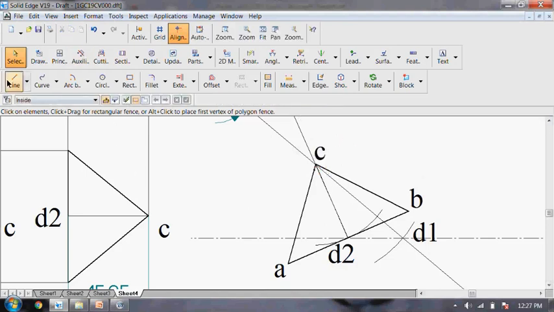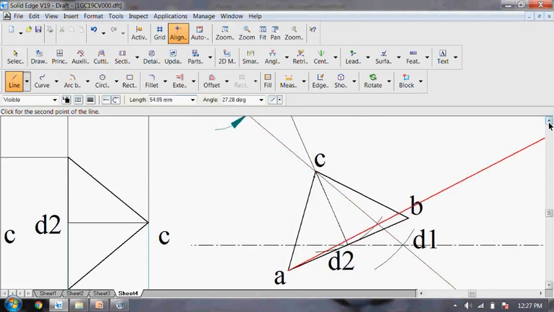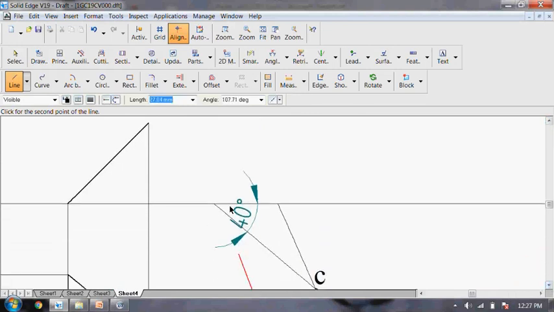To complete the last front view, draw the projection line from all three corners of the lamina. So first corner A, so draw the 90-degree line. So projection line. It will be 90 degrees.